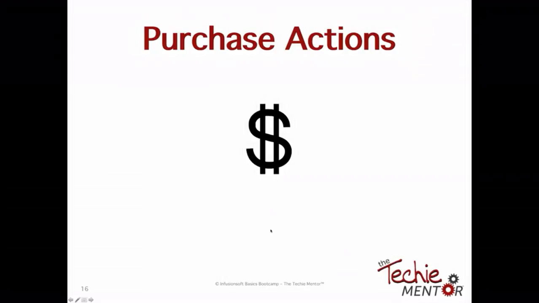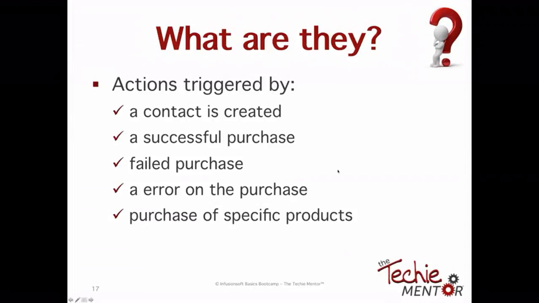So let's talk purchase actions now. What's a purchase action? We've talked about action sets and follow-up sequences. Well, purchase actions really have to do with purchasing. They're actions triggered by the following: a contact is created, a successful purchase has happened, a failed purchase, an error on a purchase, or a purchase of specific products. So these are specific to purchasing,